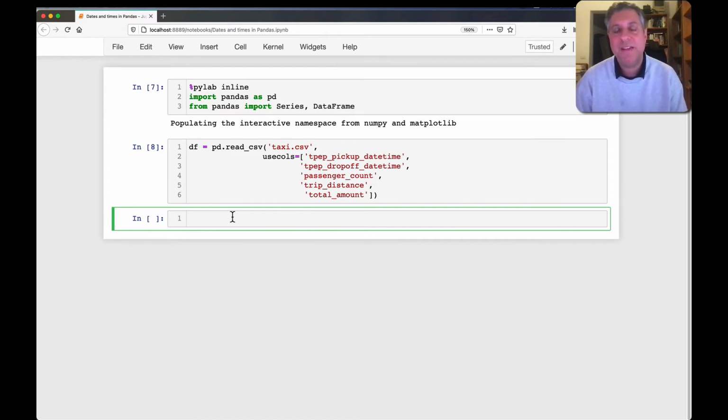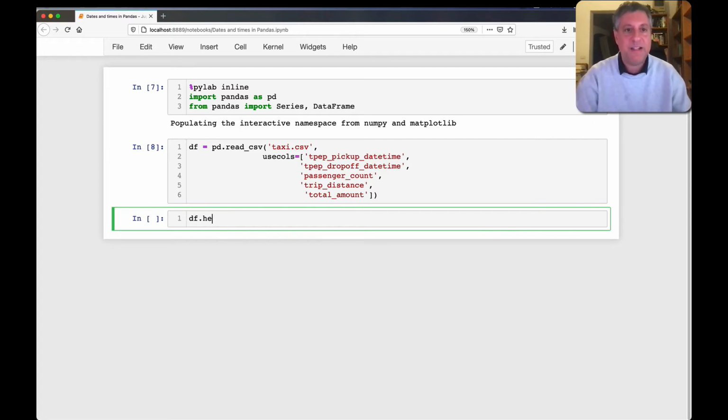Many people use pandas in the world of data science. I'm among them. I also teach lots of courses in pandas. And one of the things I most love about pandas is how it handles dates and times. Now, there's a lot to talk about, so I'm going to try to squeeze in as much as possible into this lightning talk. So I have loaded up pandas into the Jupyter Notebook, and I've also loaded up a